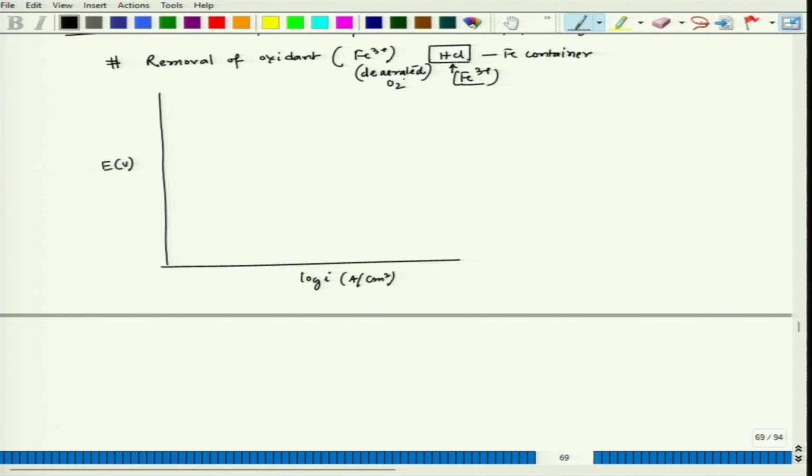Deaerated means dissolved oxygen is not there. So, the condition is we have HCl, we have Fe3 plus and no oxygen. So, that case it will follow active dissolution and the iron would not show any passivity. So, this is my anodic plot for the iron dissolution, and let us say this is my cathodic plot when we do not have